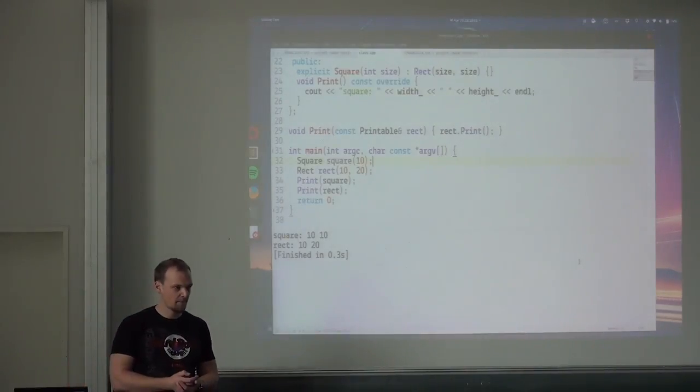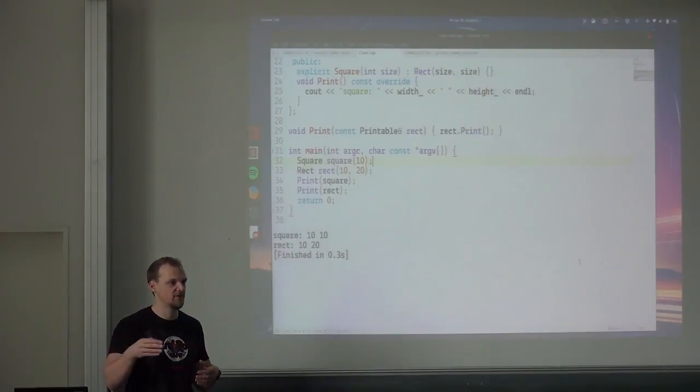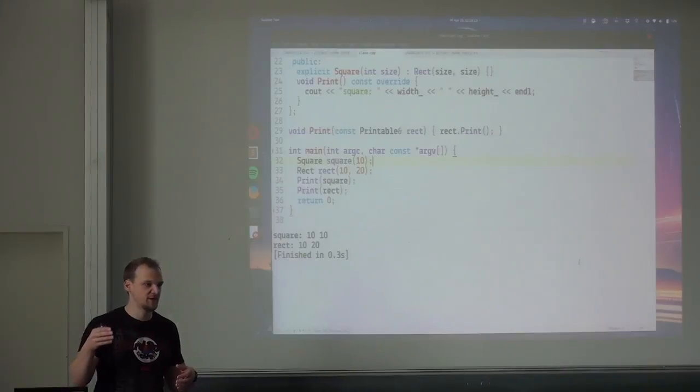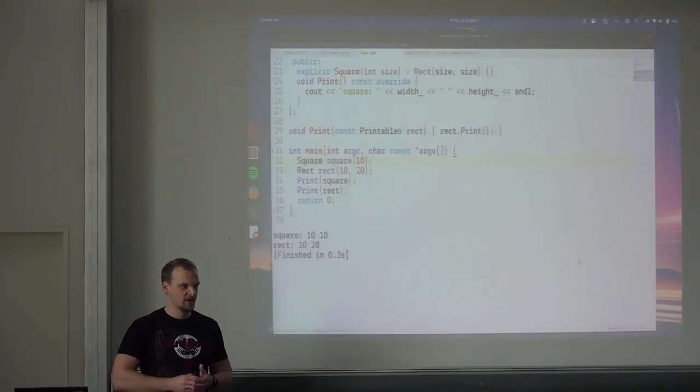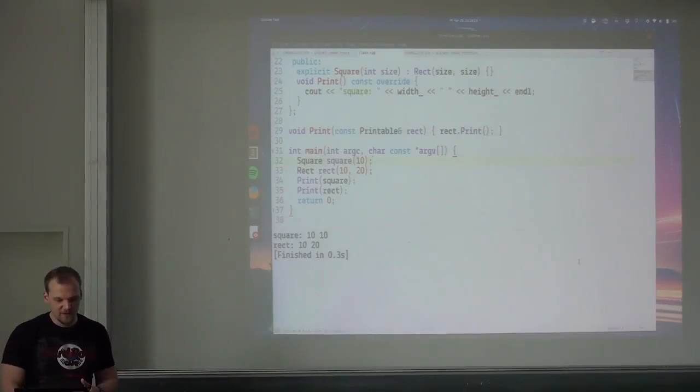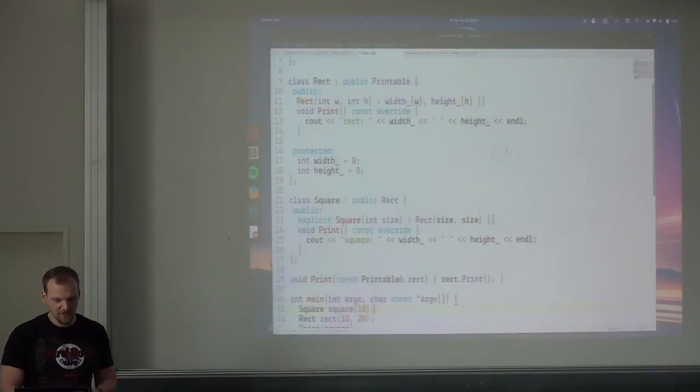So every class that has no implementation is an interface? Every class that has virtual functions that have no implementation, that are equal 0. So it's not just no implementation, it's explicitly saying that they have no implementation. When did we get an error for that? I get an error for that if in the rectangle class there is no function like this. So if I remove this function print, right? Now what happens is,